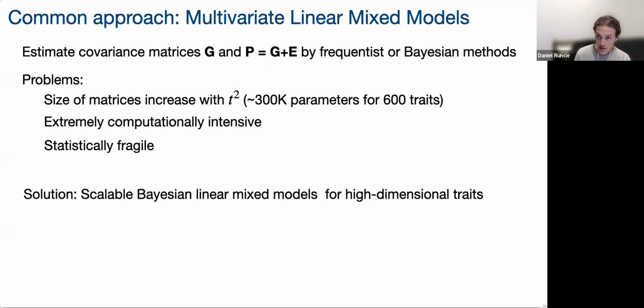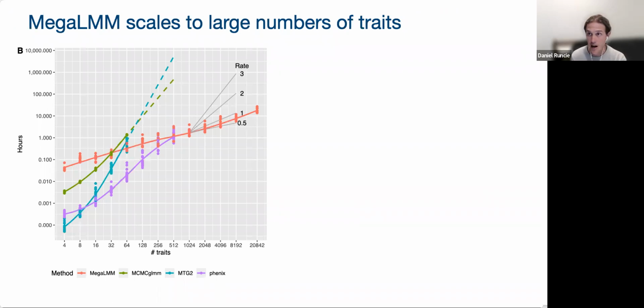So the solution that we've been working on is a new way to parameterize and fit these multivariate linear mixed models that scales very well to high-dimensional traits. We're calling this method MegaLMM, and we've developed an R package for it. I'm not going to go into how MegaLMM works today, but this graph shows that MegaLMM scales much better than any other similar package I'm